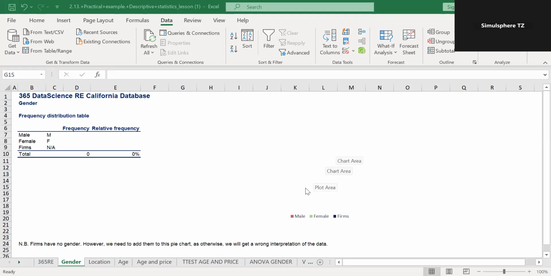All right, we will begin with finding the frequency of the male, female, and firms in this data set. We also want to figure out the percentage distribution of the male, female, and firms. We want to know the percentage distribution of our male clients, female clients, and firm clients. To begin with, frequency simply means knowing the total male, the total female, or the total firms that have